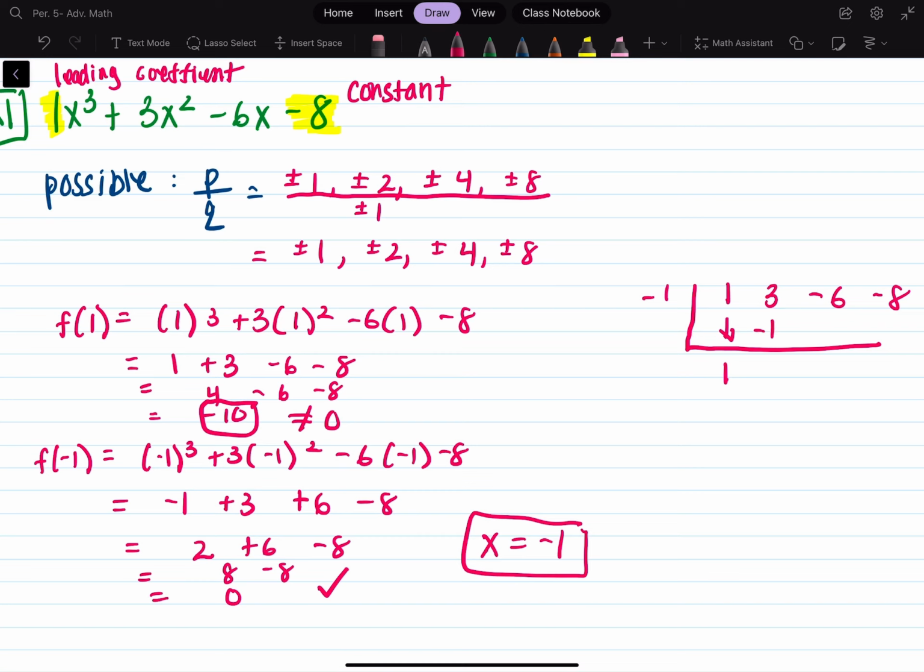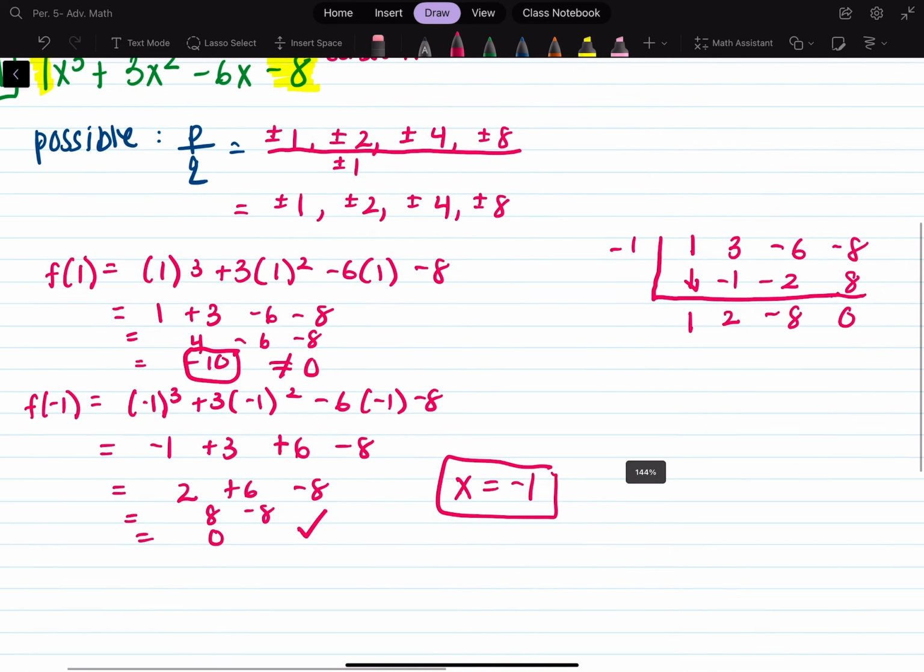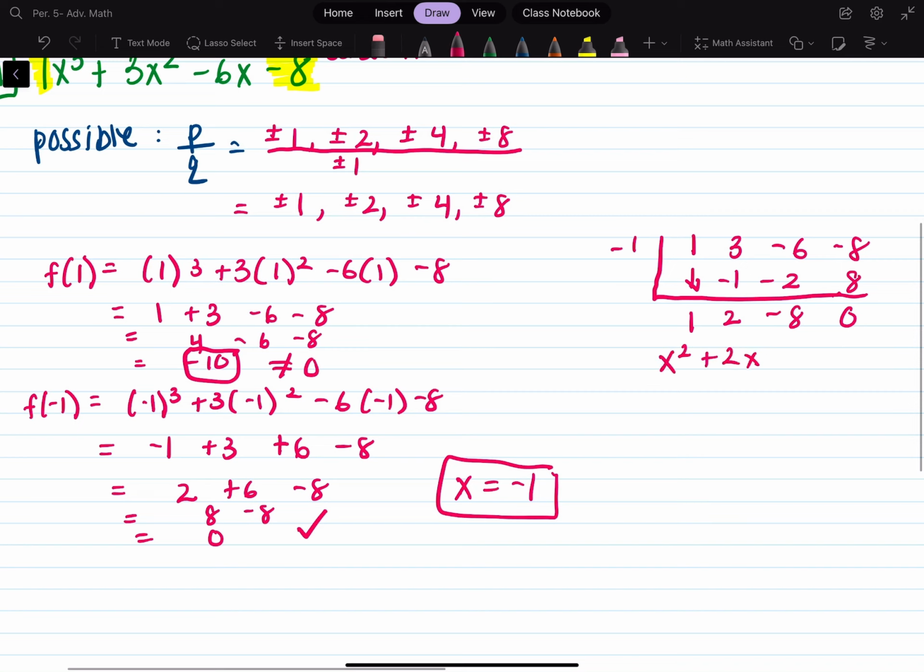3 plus negative 1 is 2. Negative 1 times 2 is negative 2. Negative 6 minus 2 is negative 8. Negative 1 times negative 8 is a positive 8. This times this is 0. Obviously, we were expecting a 0. We already knew that negative 1 was indeed a factor. So now to rewrite this synthetic division, I would be left with x squared plus 2x minus